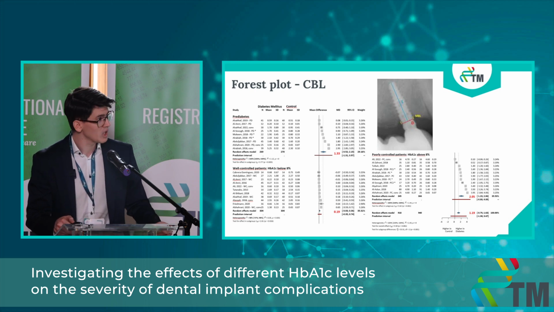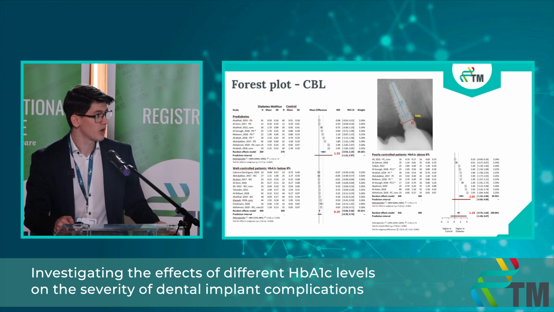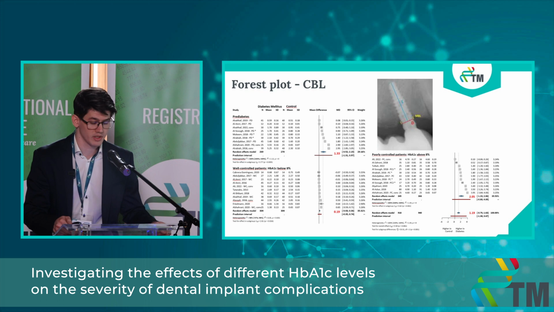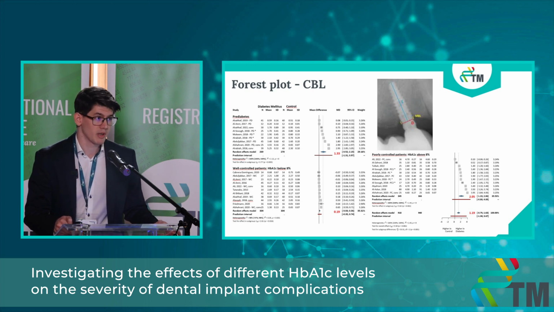We have 3 different subgroups for this analysis. Two of them are for patients with different control of their diabetes mellitus. Well-controlled patients are below 8% HbA1c, poorly controlled patients are above 8% HbA1c, and patients diagnosed with prediabetes have been grouped separately. The overall outcome of the analysis is 1.90 millimeters. This is both statistically significant and clinically relevant as well. This number goes down to an almost insignificant 0.90 millimeters if we only consider patients with well-controlled diabetes mellitus, and up to more than 2 millimeters for patients with poor control.